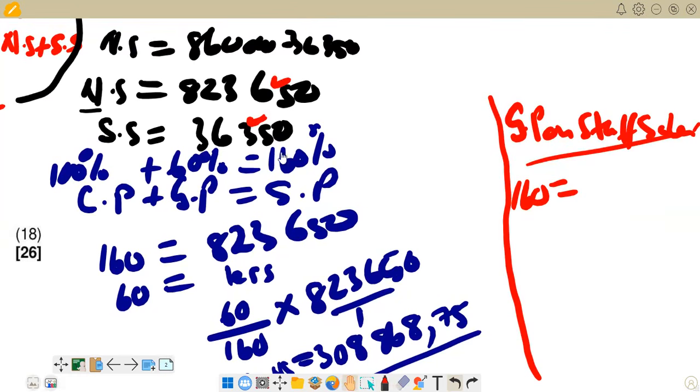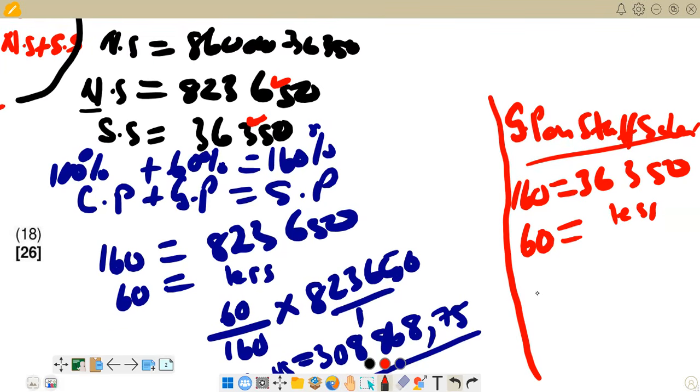Staff sales is here, 36,350. And then the figure that we are looking for is 60%, which is obviously going to be less. So we are saying the less figure is the numerator, since we have less, and the greater figure comes out as the denominator, then you multiply by the given figure, which is 36,300. I think we have made a mistake here because the profit that we have,